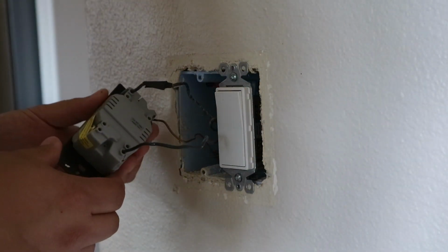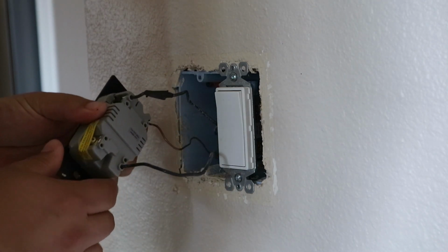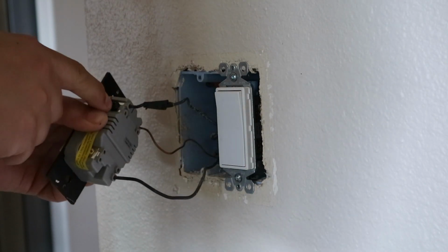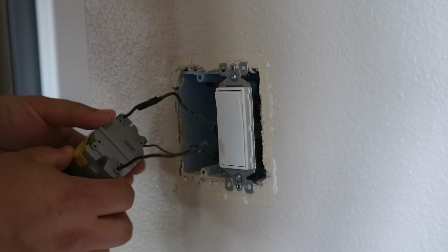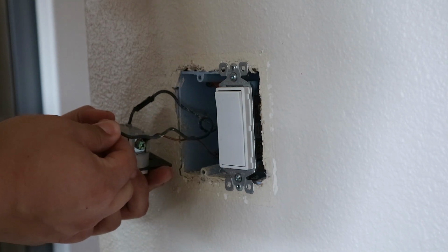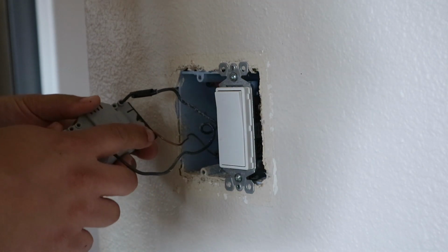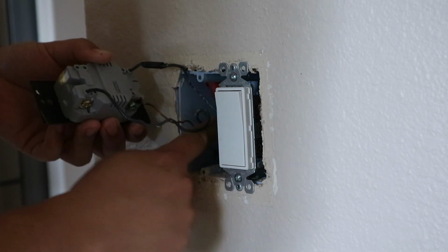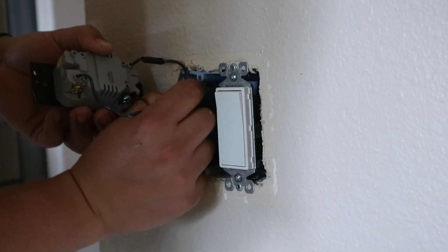So now that we have the existing dimmer switch pulled out of the outlet box, we can take a look at the existing installation. This is the black screw or wires you can see on there, and that'll help us because that tells us that this is the hot wire. So this on the bottom with a bare screw is more than likely the load. This bare wire is the ground, and this white wire that's been tucked all the way back in here, because it's not used in the existing installation, is the neutral white wire that we'll need to install